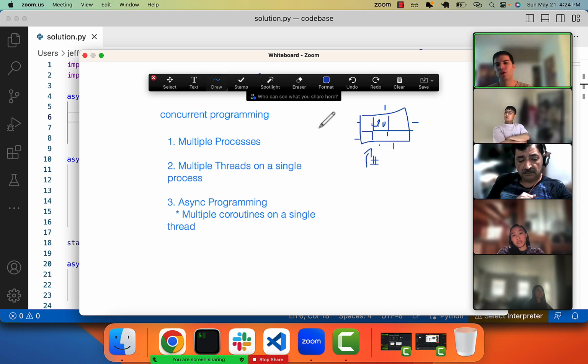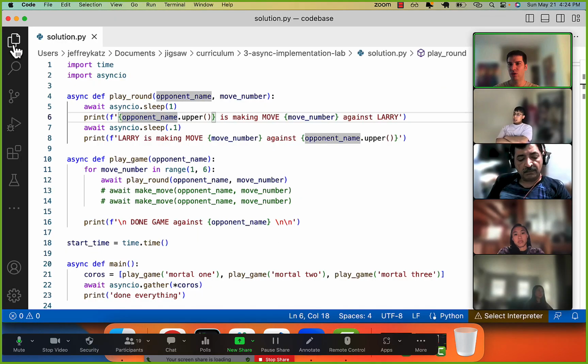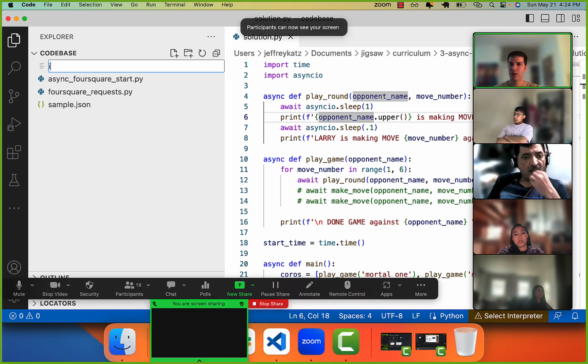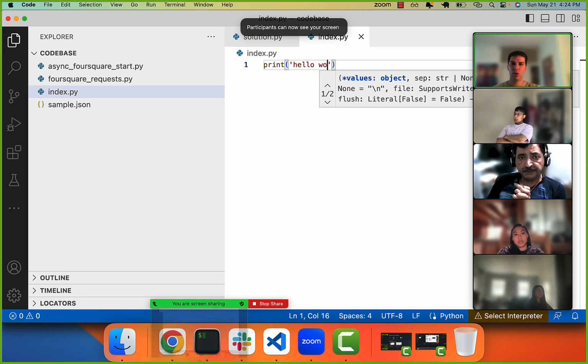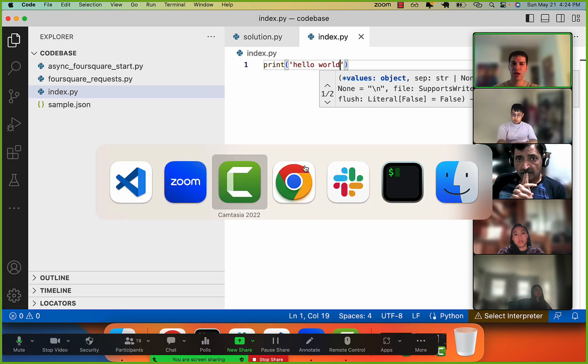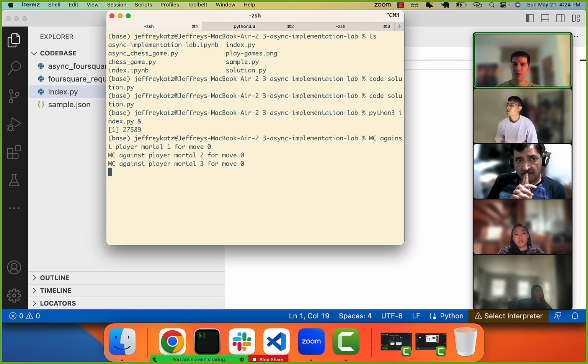Now, you can run Python in multiple processes, all right? And there's a couple ways to do that. One, you can use a library. The other thing you can do is have a new file, print hello world, and then you can run it as a background task. Python 3, index.py, ampersand, I believe, right? And